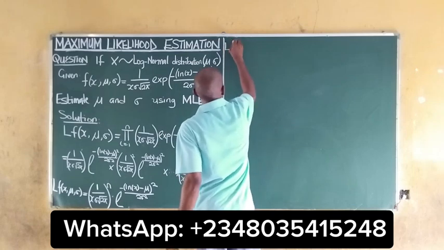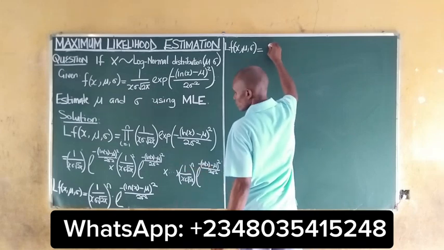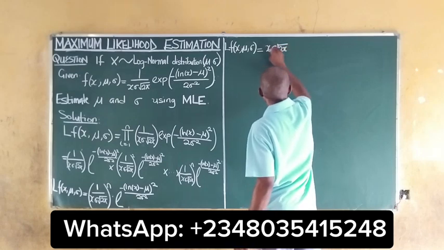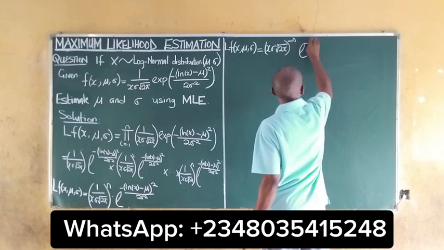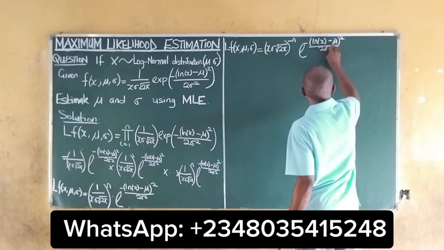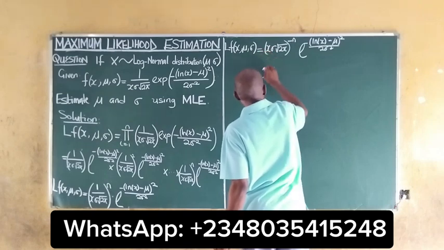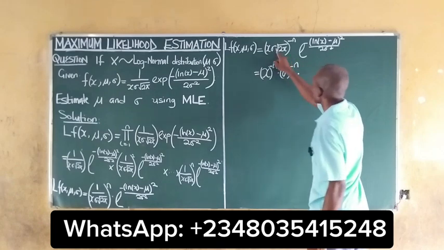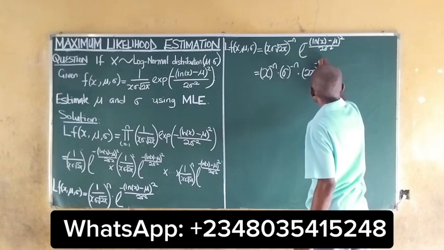Rearranging it, our likelihood function of mu and sigma will be equal to x sigma square root of 2 pi raised to the power of minus n, times the exponential, which gives us x raised to the power of minus n multiplied by sigma raised to the power of minus n multiplied by, if we remove the square root sign, 2 pi to the power of negative n all over 2,